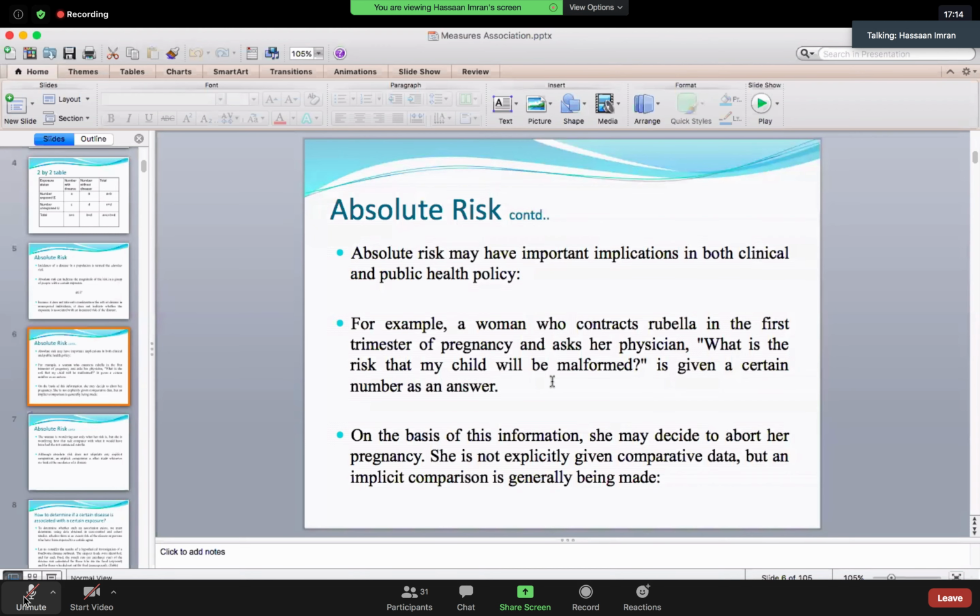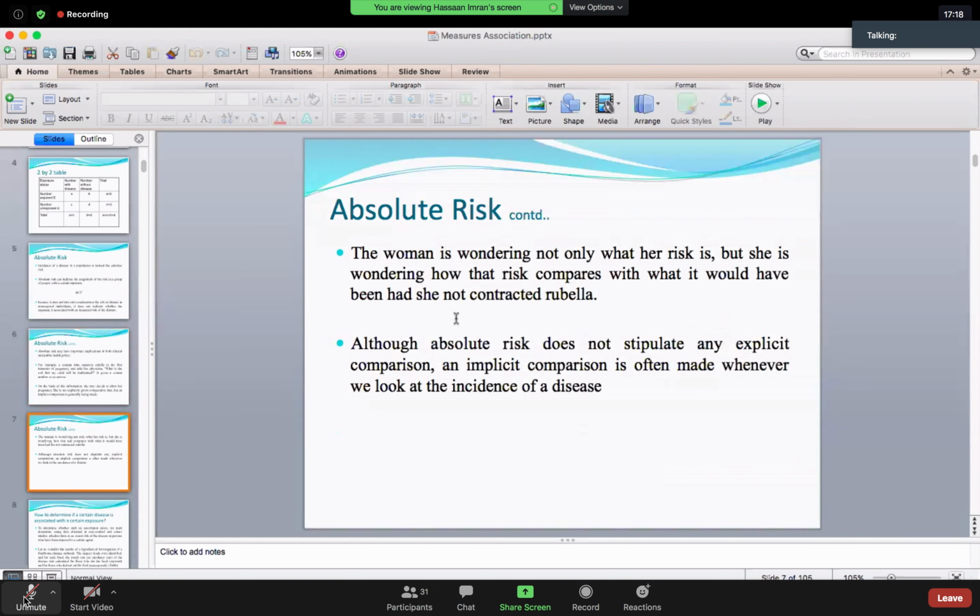So what she might ask you is, what is the chance of having a normal baby, what is the chance the baby remains safe, what is the chance of recurrence? Yes, Mariam, you are absolutely right.